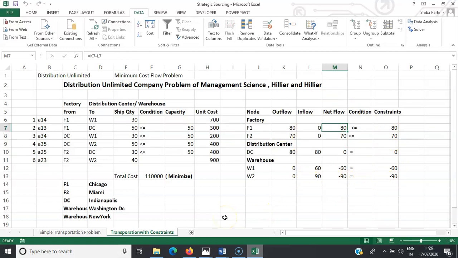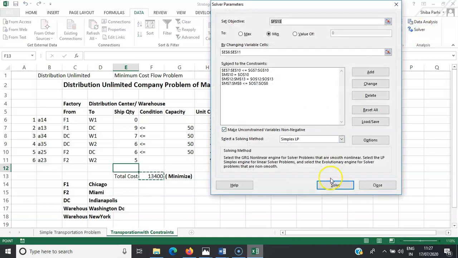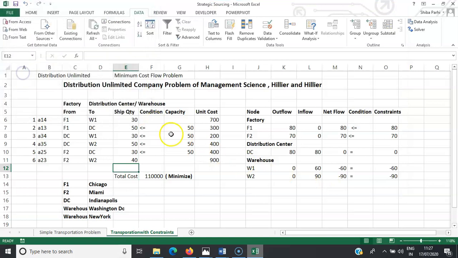So this is the way, even if you put any other shipping quantity initially. We do not know, suppose I'm putting this rough quantity and we want to solve again, putting all these conditions. And this is the way the whole problem is getting solved. We also found this net flow, they are also matching, and we are also